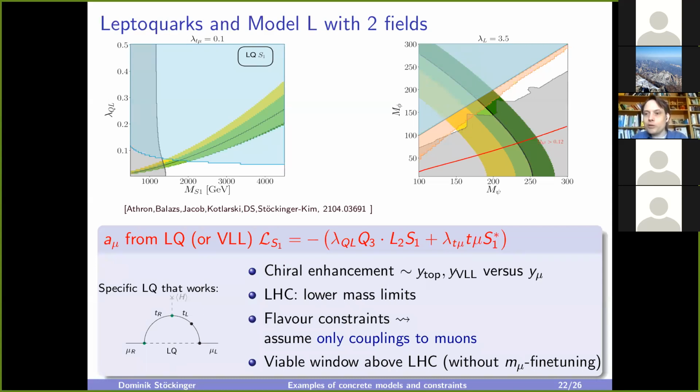And then it just happens that in this particular case, in this small window, the dark matter relic density is too small, and therefore you cannot explain it. So here, the dark matter relic density becomes small because the couplings are large and masses are small, so you have large annihilation cross sections, and that is why the dark matter relic density becomes too small.